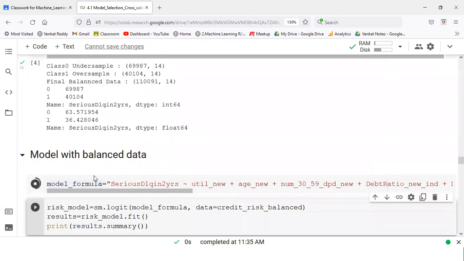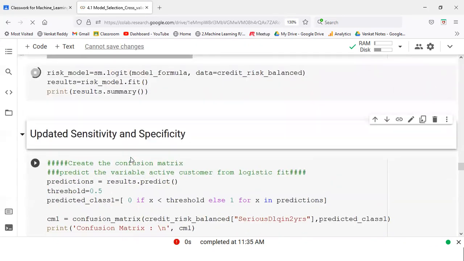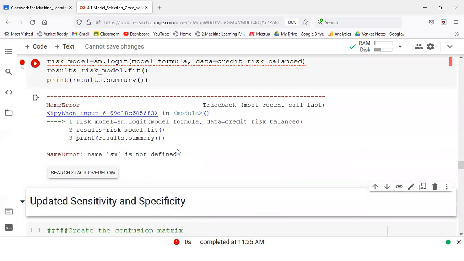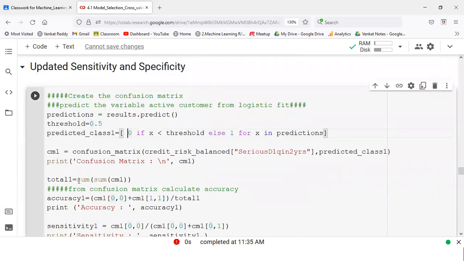Creating the model with the balanced data. Here are the results. SM is not defined, somewhere above I have to run SM. Then comes the specificity and sensitivity. So go ahead, execute this exercise.